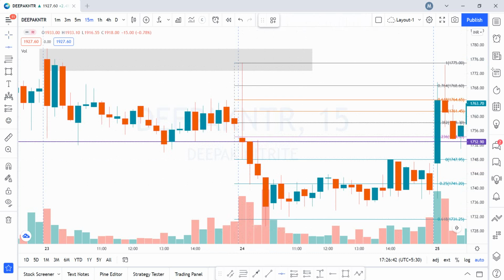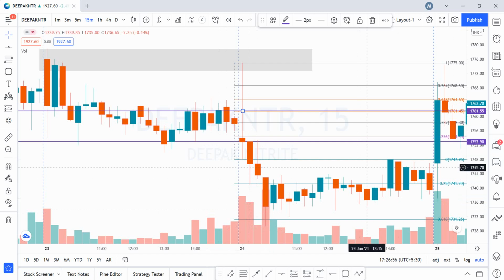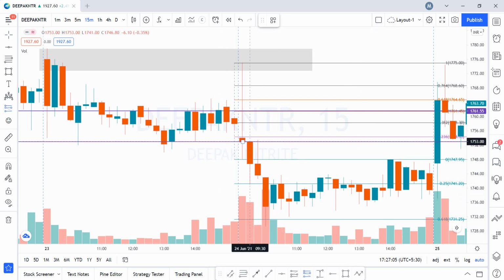My stop loss will be at 50% retracement, so as not to take too big a stop loss. If you see over here, you will be taking about 9 rupees stop loss on a 1700 rupees stock, which is about 0.6-0.7%, which is really good, because keeping the risk limited and having a potential of high return is something you should be looking for as an intraday trader.